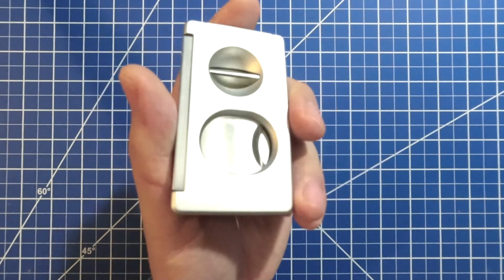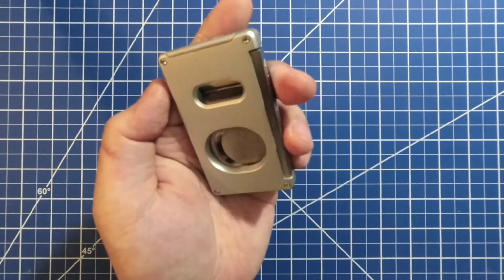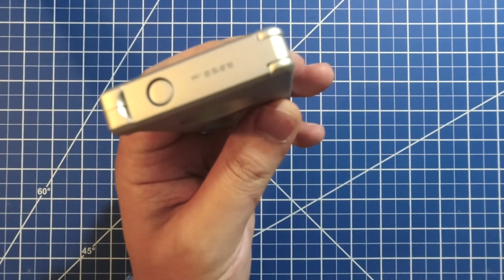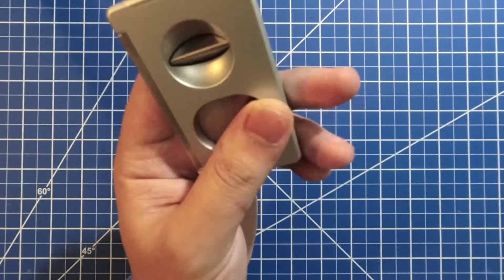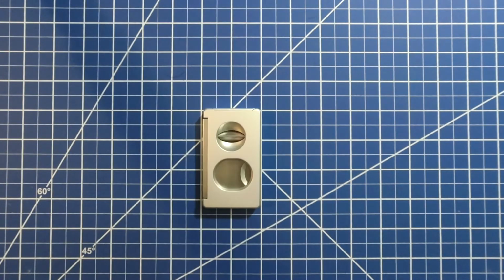Doesn't give off the same level of luxury or prestige maybe that the ST Dupont does, but it is giving you that additional option of a punch. And there you can see is the P3626 designator or model number. The Porsche Design is a little bit taller than the ST Dupont, and I believe that's because of the introduction of the punch feature. So it's 3.25, 3.26 tall. It is the same width though, so it's going to sit at